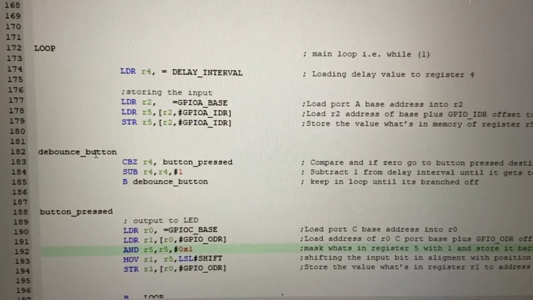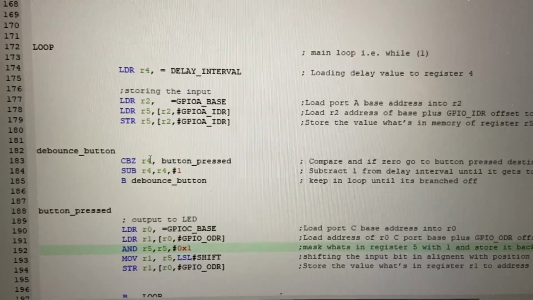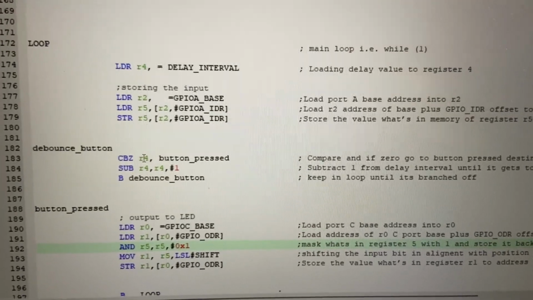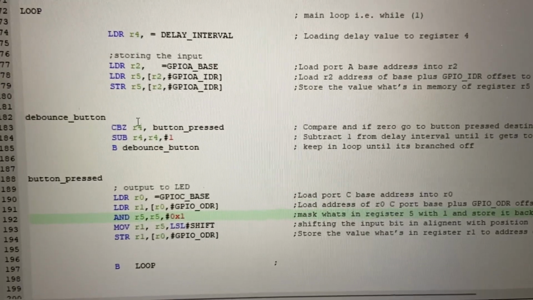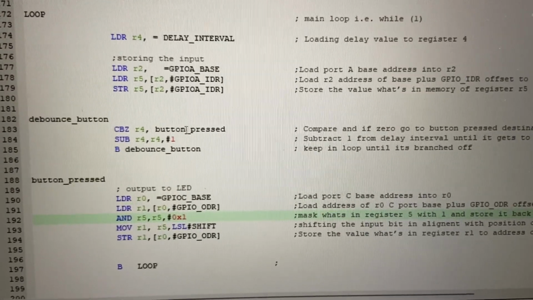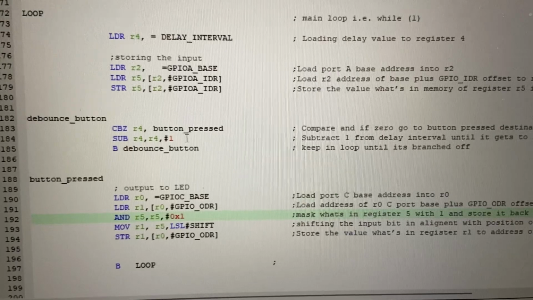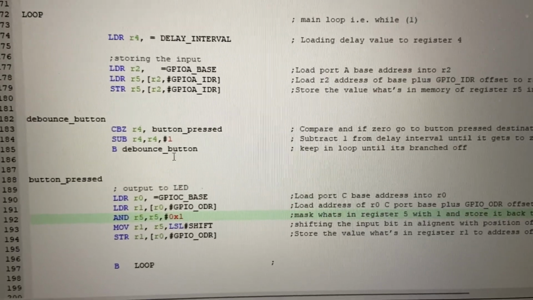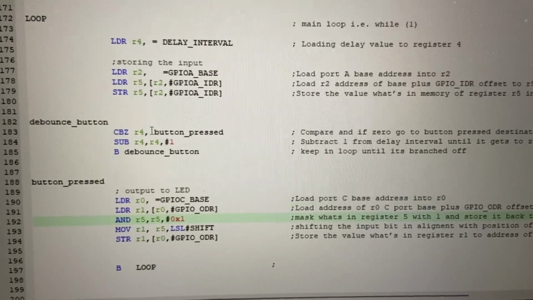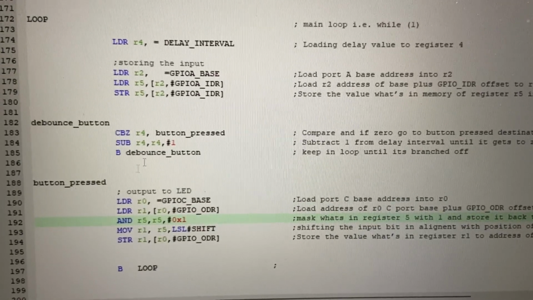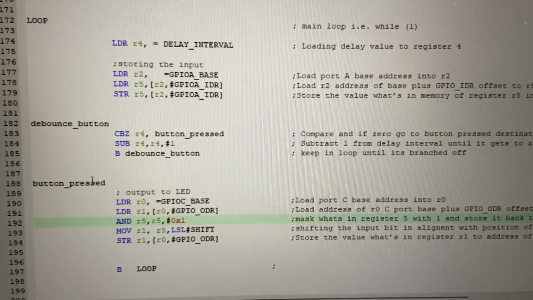Then in a small subroutine, we're going to compare and branch if 0 and decrement the delay. Once it is 0, it is branched to this subroutine,